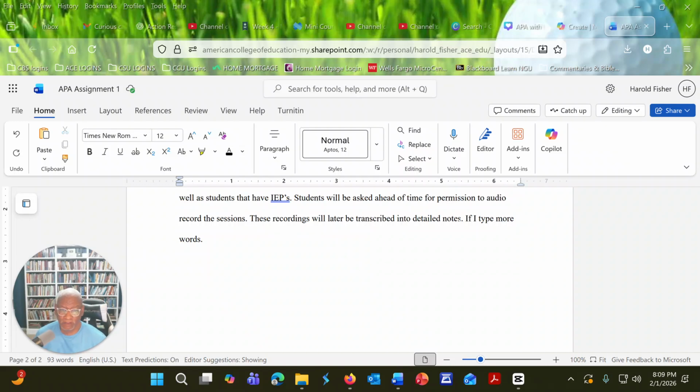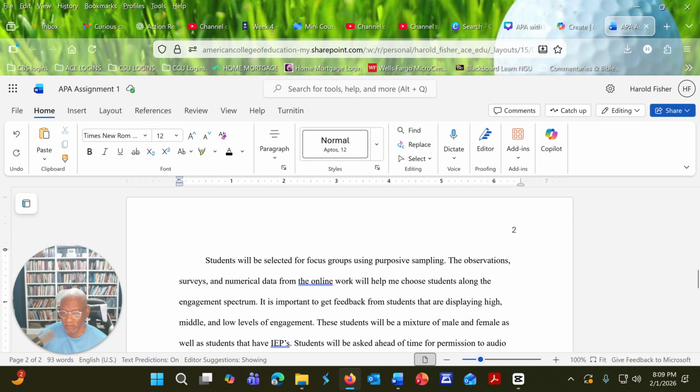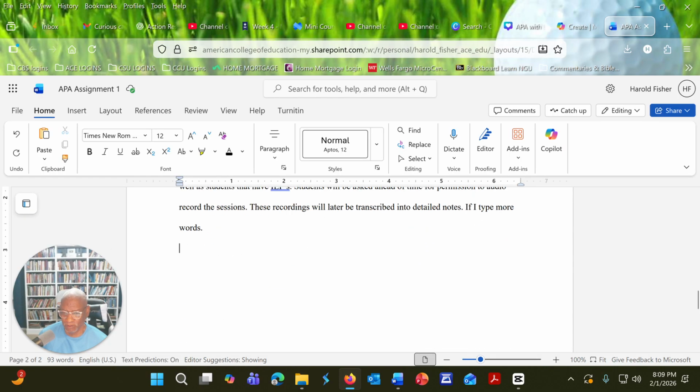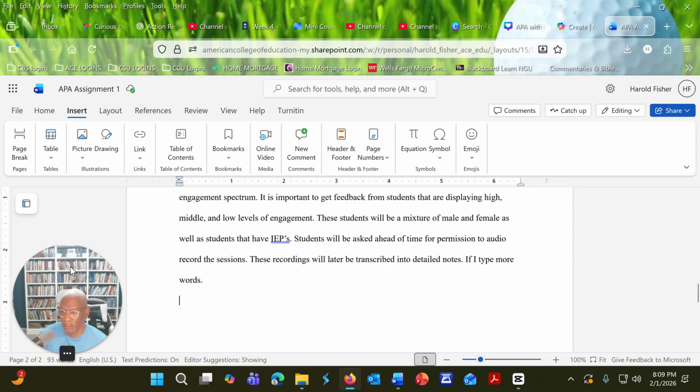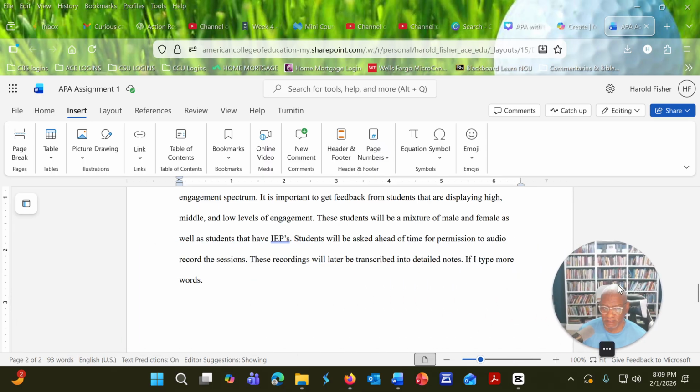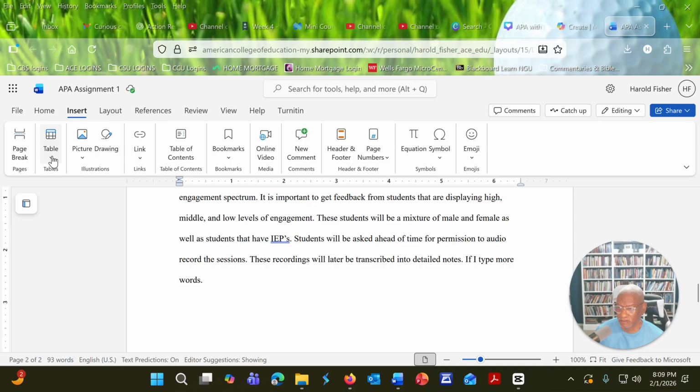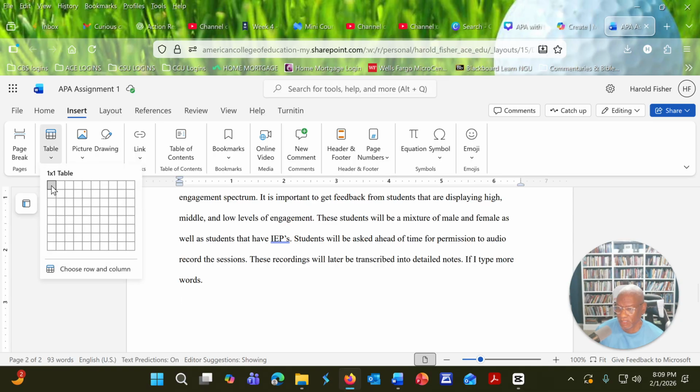All right, so how do I add a table in Microsoft Word Online? It pretty much works the same way as the desktop version of Microsoft Word. You're going to go to Insert, and let me move this out of the way. We're going to go to Table, and it's a matter of knowing, okay, how many